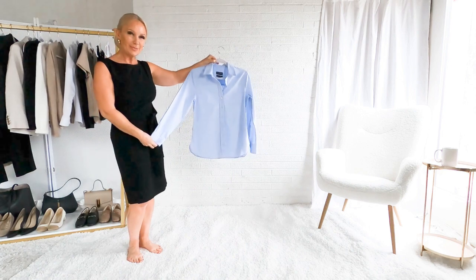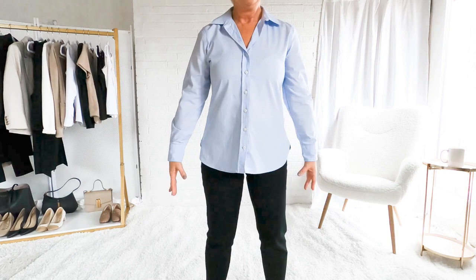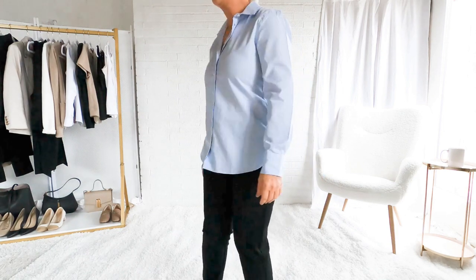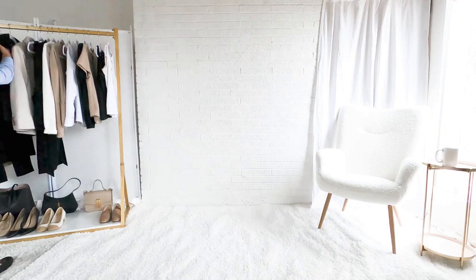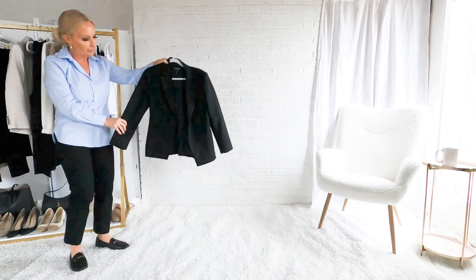I did an entire video on ways to style this blue button-up shirt. That's how much I love it. I am wearing a tailored slim fit button-up here. It's more polished, more put together, especially if you're going to wear your shirt untucked. Like midlife women, we do like to wear our shirts untucked because Mother Nature gives us a little extra in